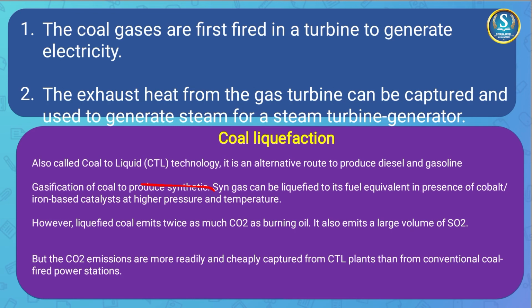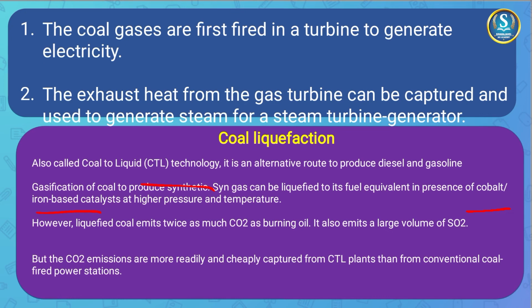Now this syngas can be liquefied to its fuel equivalent in the presence of cobalt or iron as the catalyst. So the important point here is, what is the catalyst used to convert syngas to petrol or diesel? It is iron or cobalt at high pressure and temperature. So in the presence of high pressure and temperature, using cobalt and iron as a catalyst, you can convert syngas into petrol or diesel. But the problem here is, liquefied coal emits twice as much carbon dioxide as oil,